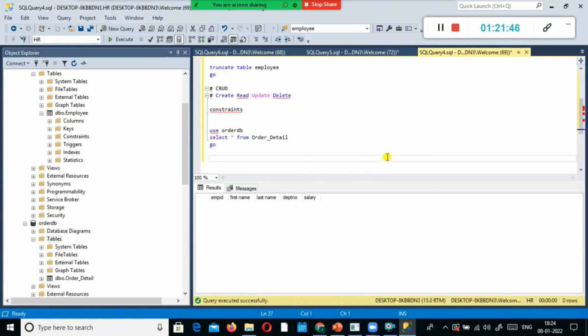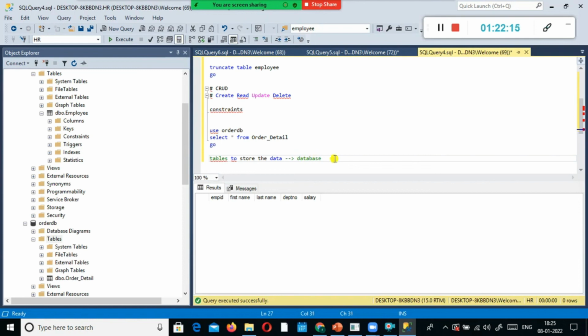So now we understood, right? What is a database, and what is the difference between database and tables? We use tables to store the data, and the tables are stored under a database.